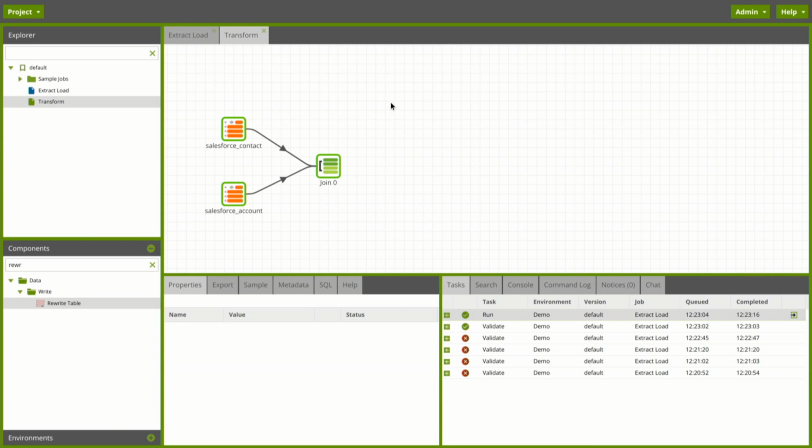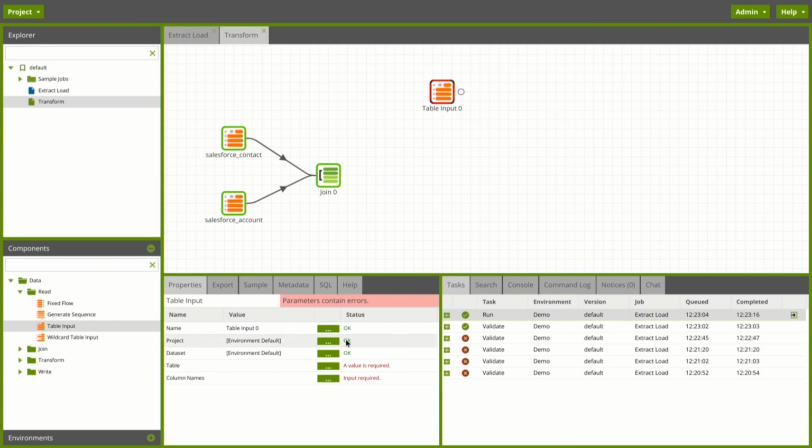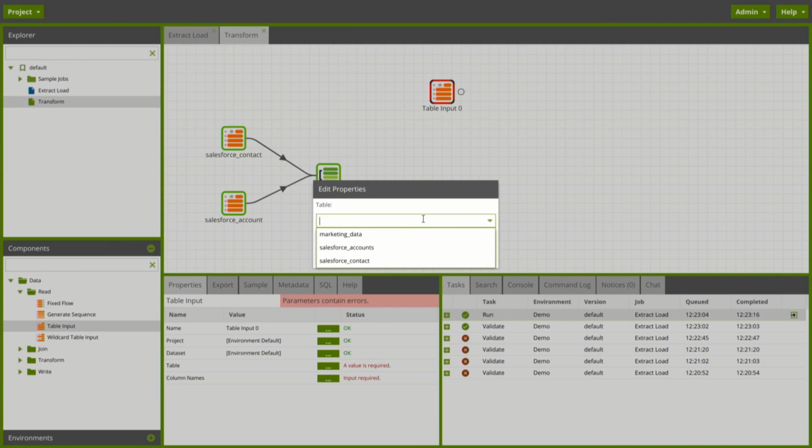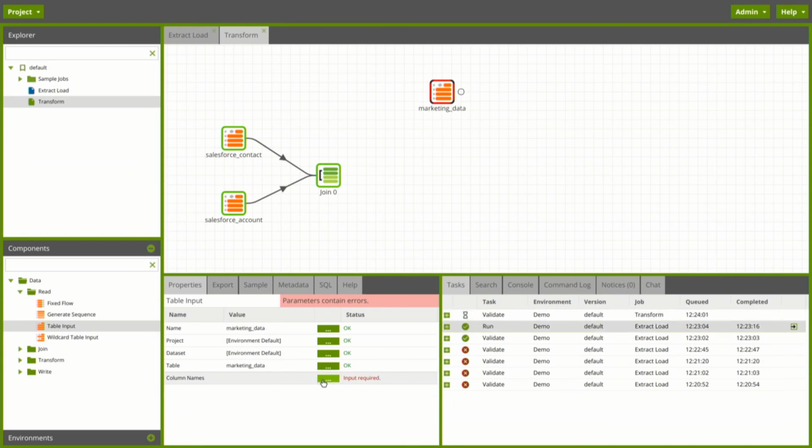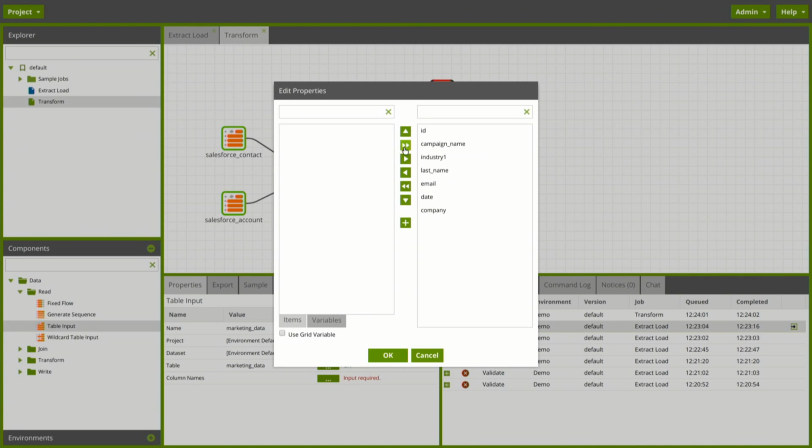I've already started it, and I'm not going to go through the details here, but essentially I'm just joining those Salesforce contacts and accounts back together. What we really want is to bring those 2 silos together though. So what I'm going to do is bring in that data we just loaded in from cloud storage and join that as well. So I'm just going to bring in a table input and configure it quickly. Get the right one. And we'll just bring in all the columns from that file.